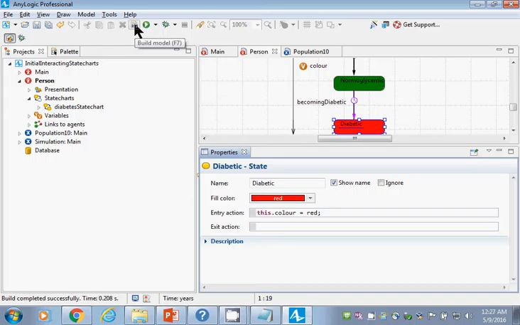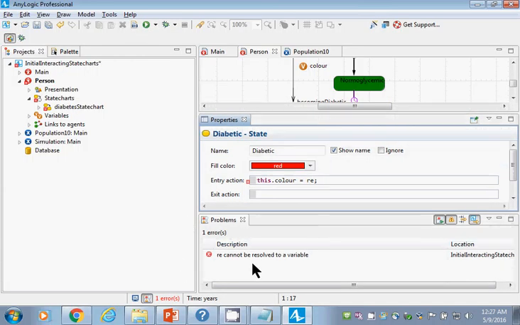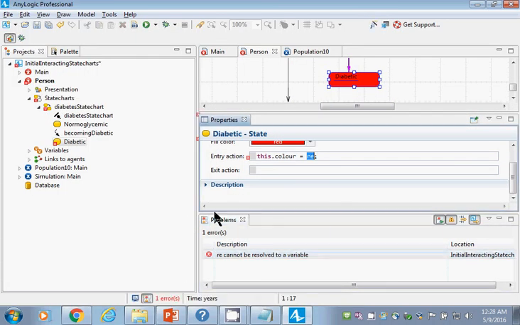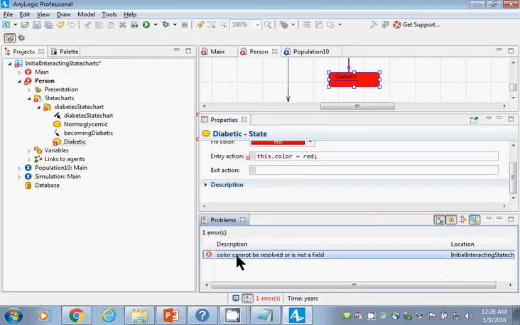Okay? For example, let's suppose I said this dot color equals RE, and then it will be very unhappy. It'll say there's an error. It cannot be resolved for a variable. If I go in the problems window and I click, it will bring me to where it is and I say, oh, I forgot RED. Or if I said this dot color without the U, it'll be unhappy too. Color cannot be resolved. And I say, oh, you know, this is Australia. We should do U. And there it is. And the Canadians would be happy. Okay? Are we okay with this? Okay. Ladies and gentlemen,